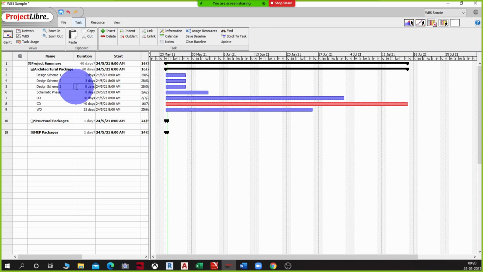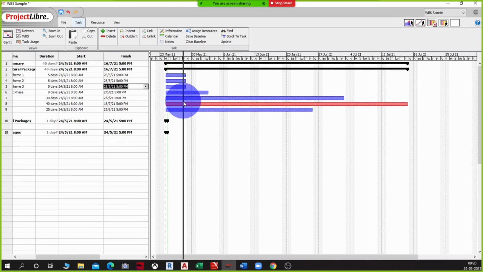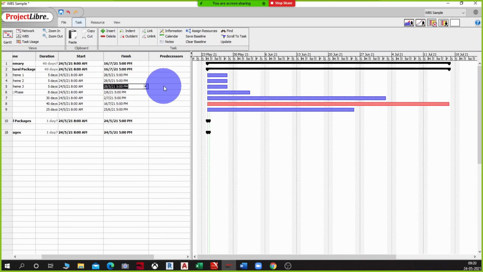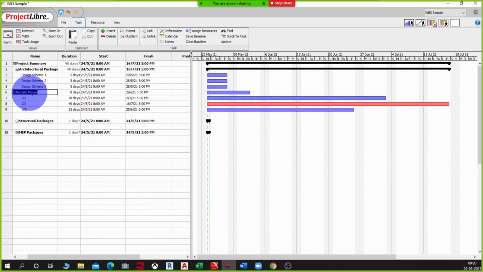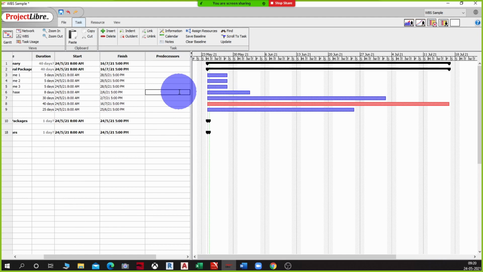Each resource gets to do this particular job. So I'm going to look at predecessors, and all of these will start together, and for my schematic phase I will say all of these three need to finish, because that's when I will finally decide on which scheme to work on or which scheme to take further.